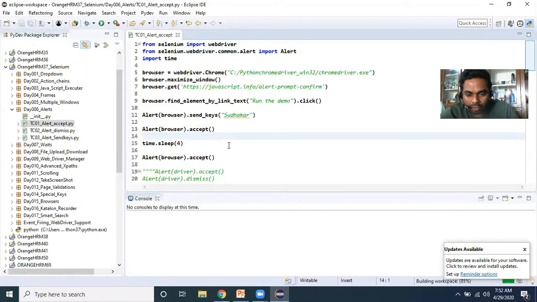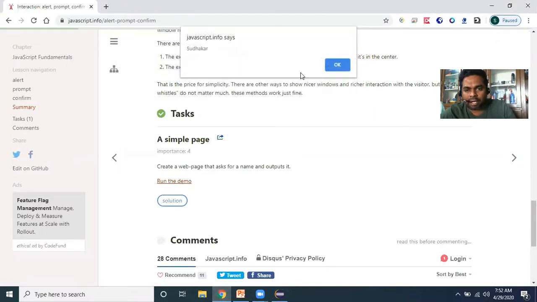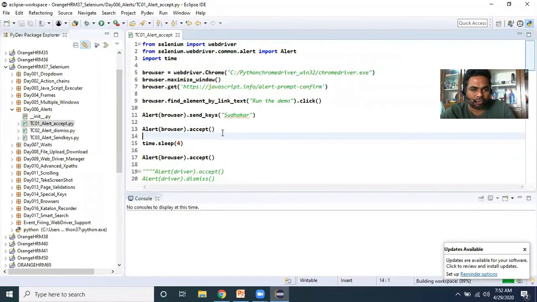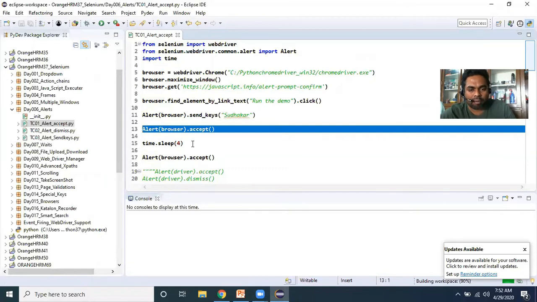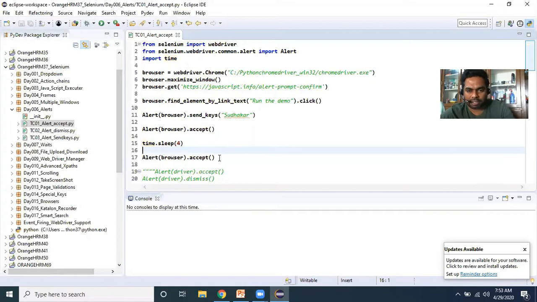So in this scenario, I'm clicking on OK. Again, I'm getting one more pop-up. That's why I have written alert.accept 2 times here. So first after clicking on OK, again after 4 seconds, I'm getting an alert. So I just kept a wait of 4 seconds. None of the lines will be executed for 4 seconds, meaning this is the freeze time for the browser. After the 4 seconds are completed, this line will be executed and that OK button will be clicked again.